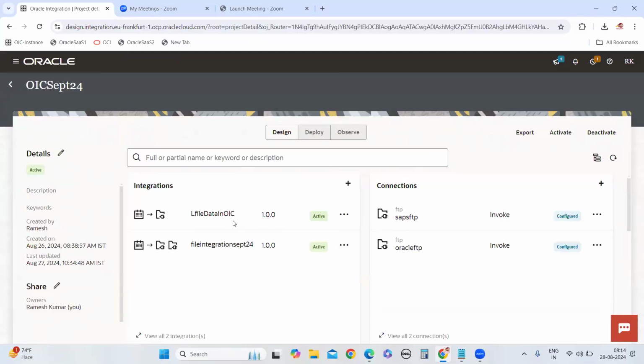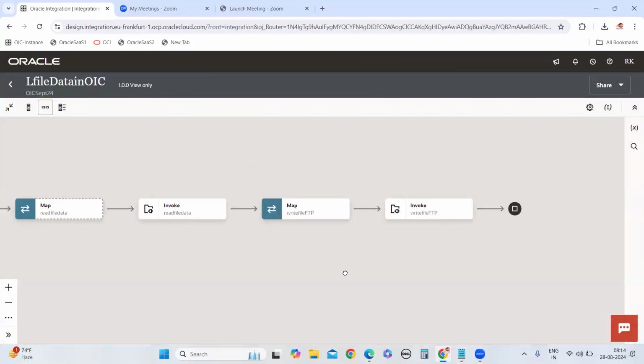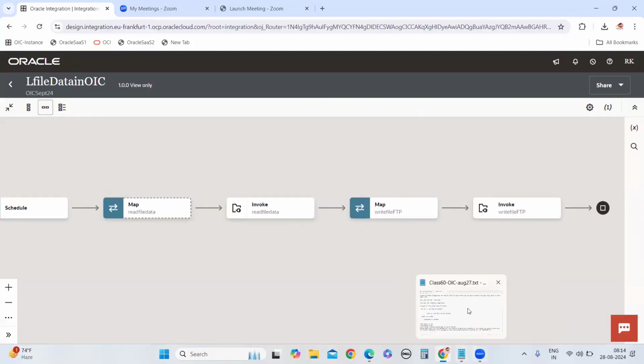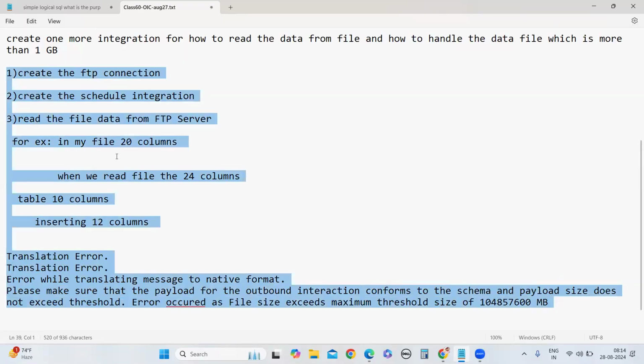Thank you, Narendra. So, if you go here, large file data in OIC. We got the error that a large amount of data cannot be handled in OIC. This is the issue we have faced. Just for your understanding, I have done these 4 steps. Usually I don't want to show these steps because I can directly show the solution, but I am showing them so that if someone asks you in an interview what type of error you faced, you can say this error.